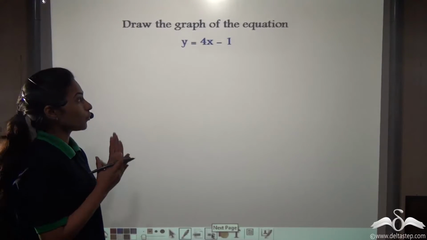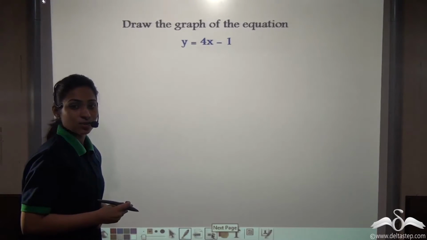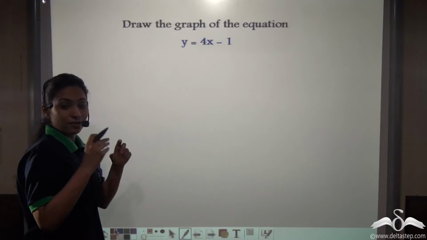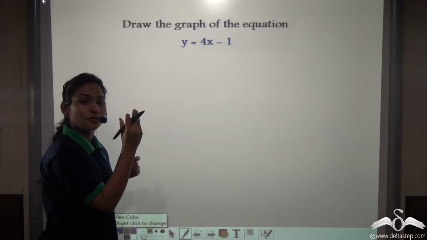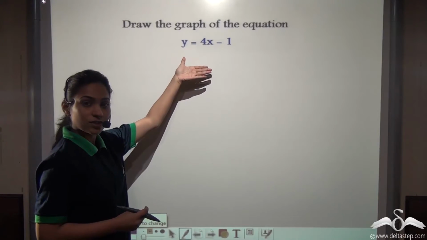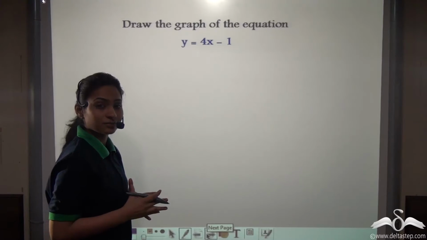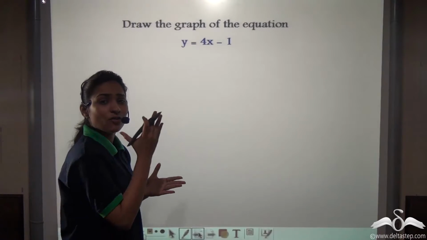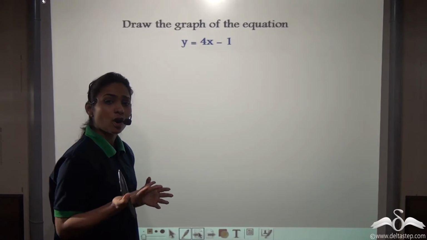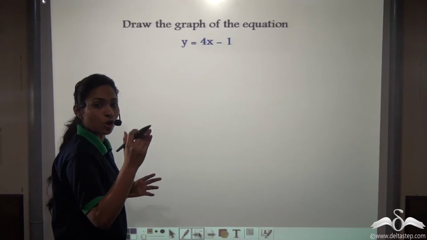So now you know how to plot equations on graph paper. Can you draw the graph of this equation? y is equal to 4x minus 1. Whenever we had an equation, we always made y the subject. Here it is easy, as y is already given as the subject of this equation. So find out the coordinates that we have to plot on the graph paper yourself. Every time you do not need 4 or 5 coordinates to plot a line. You can do that with 2 or 3 coordinates only. So let's find at least 3 coordinates to draw a straight line.